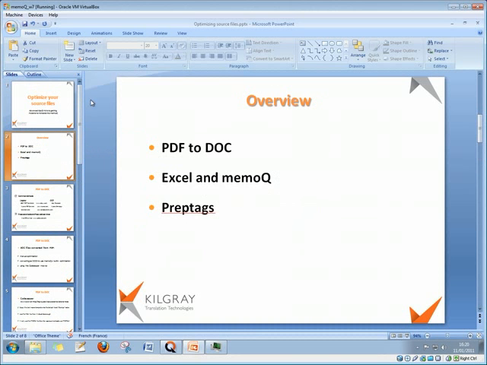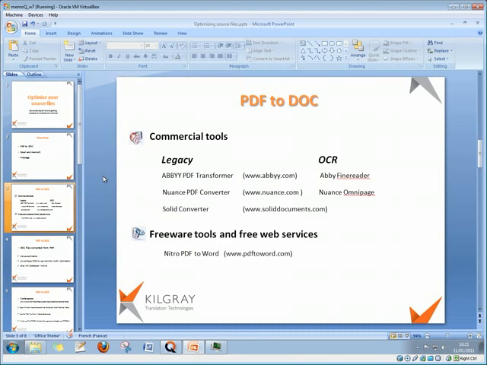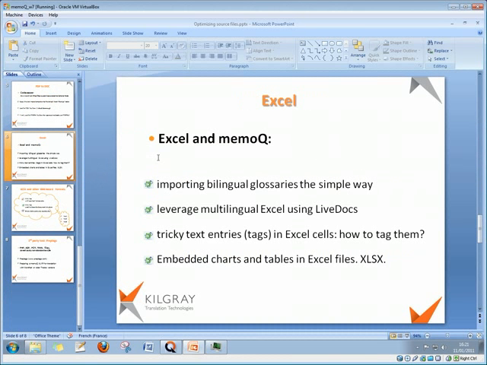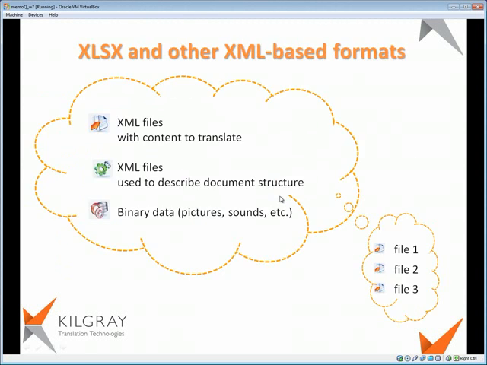What we'll be doing now is have a look at Excel and how you can use the advanced import options to quickly leverage multilingual Excel files using LiveDocs, and also how to easily export your Excel glossaries into MemoQ. So that's the first thing we will do actually, showing you how to